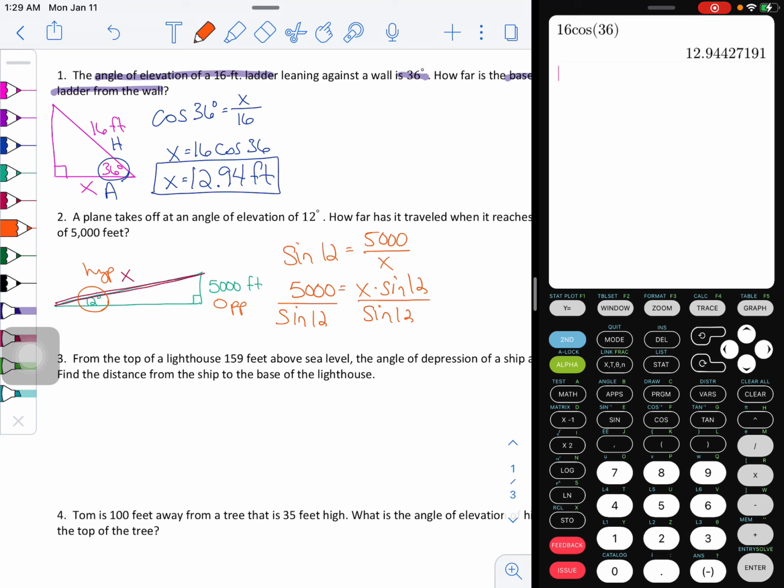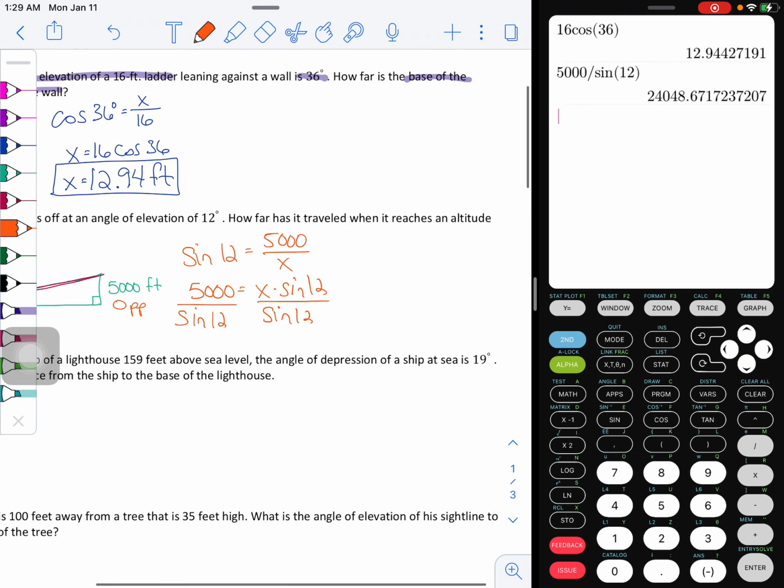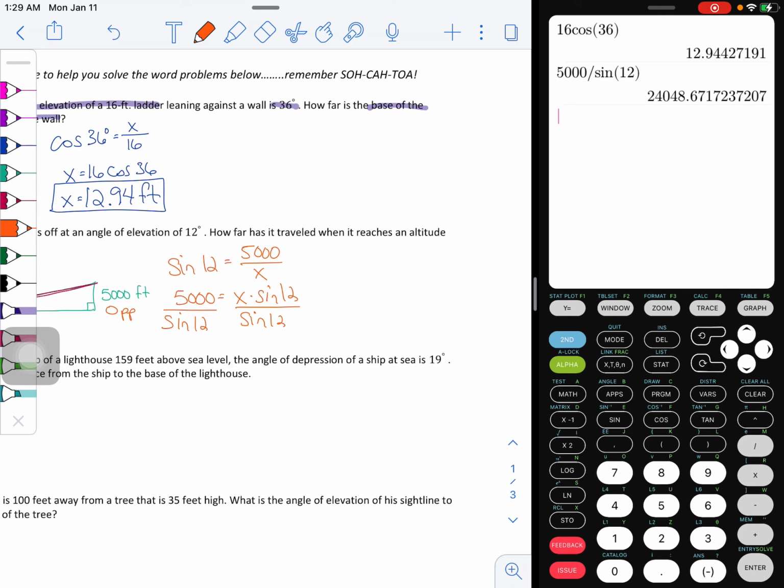I'm going to divide both sides by the sine of 12, of course. So sine of 12. And into my handy dandy calculator that goes, because that's not going to happen in my head. All right. So X is equal to